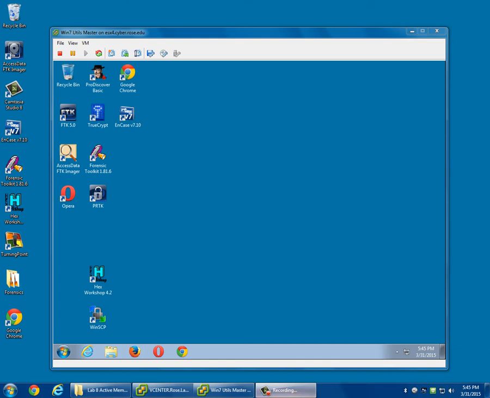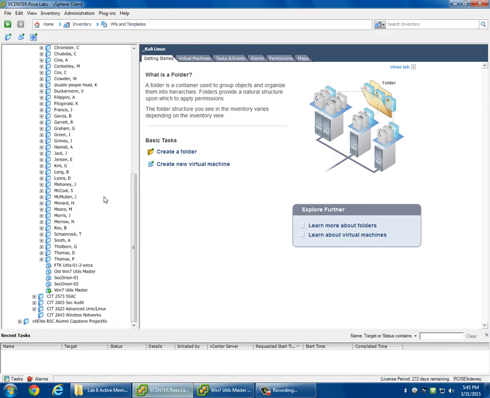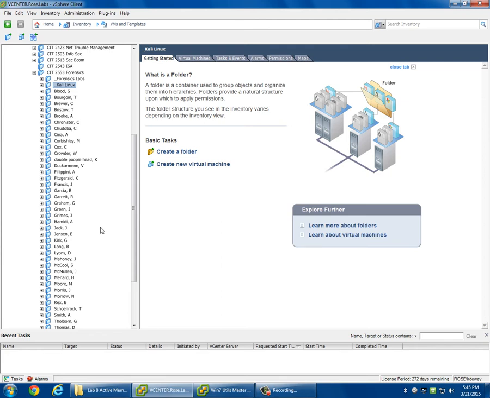Alright, so when you do log into vCenter, you will see all your machines. Like here's Cameron, double poopy head K. Roy named that one. I didn't name that one. That's right. But you will find your machine, and inside there will be a couple forensics machines and possibly